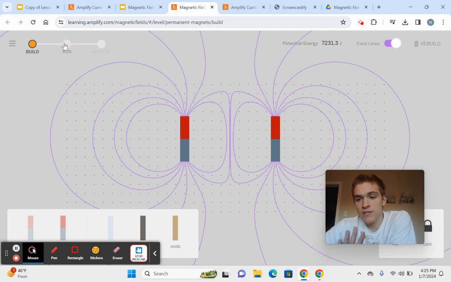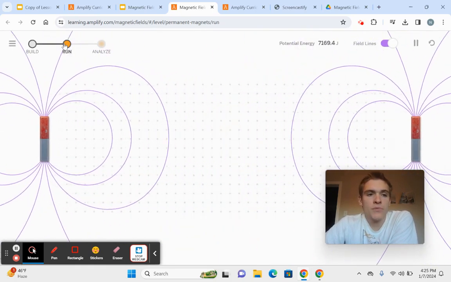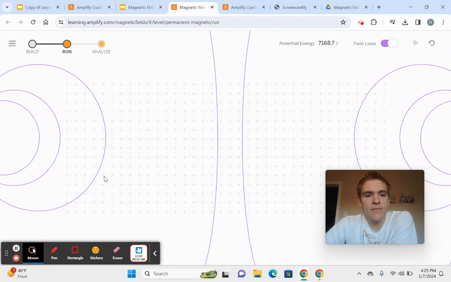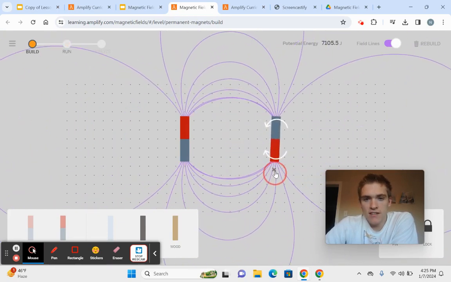Let's make your prediction if these objects will repel or if they will attract. These two objects repel, and you can see these magnetic lines get away from each other. So now what happens if I rotate this